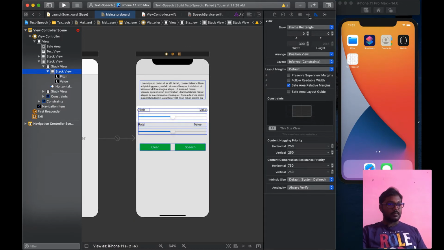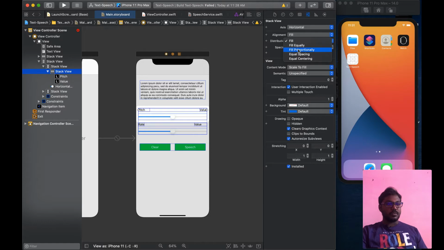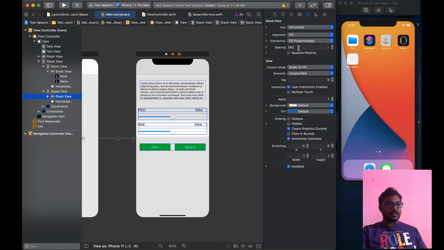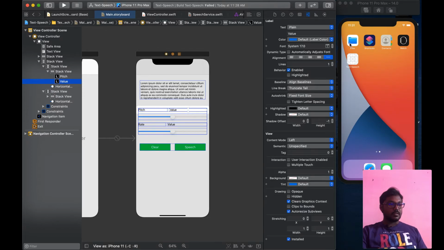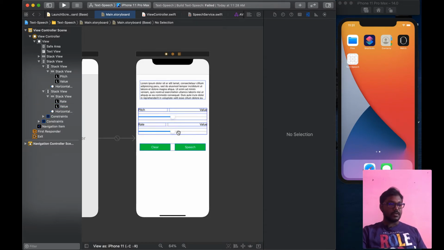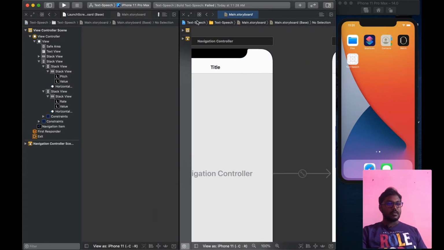We can adjust the stack view to fill proportionally, as well as we can change the spacing to 10, for the pitch and rate. Now it's okay. Then we can change the alignment for the value label. Now that's good. Now we can add the IB outlet for each slider and value label